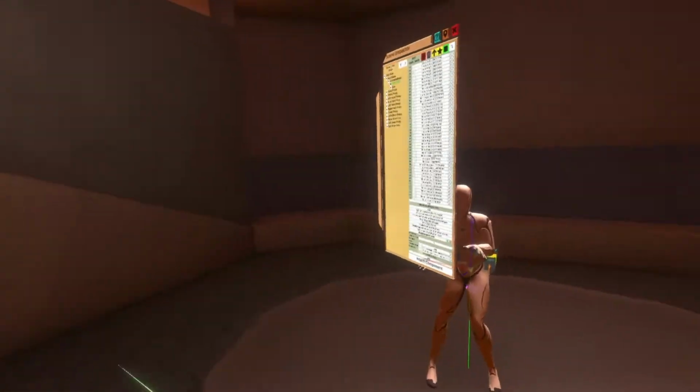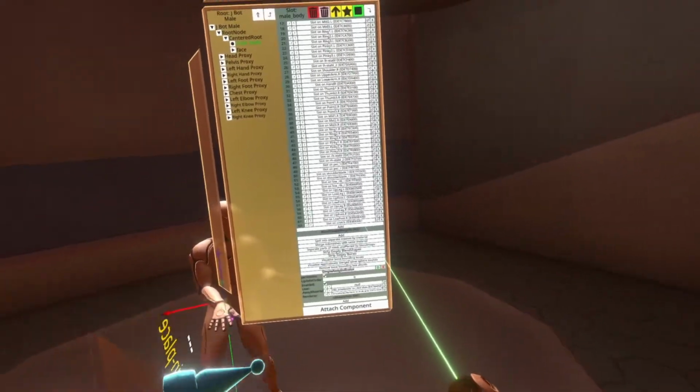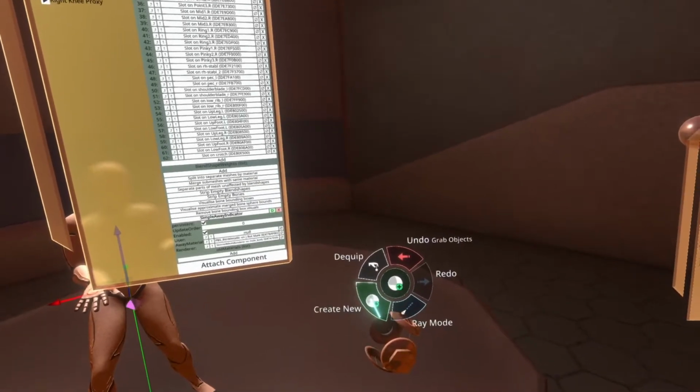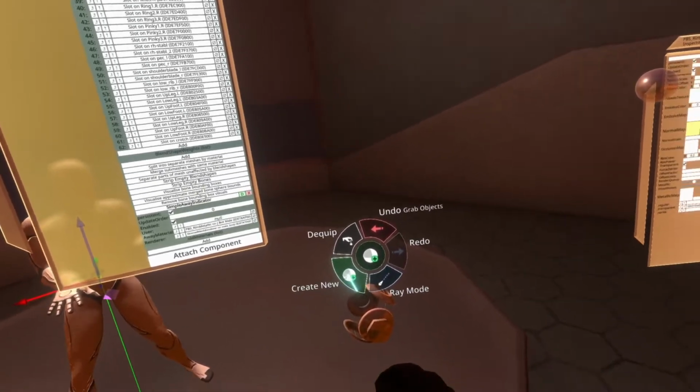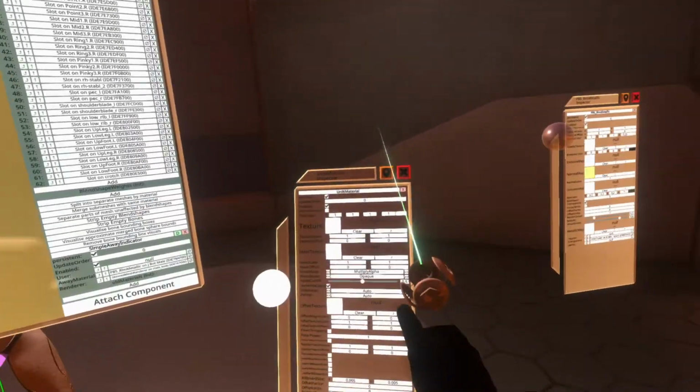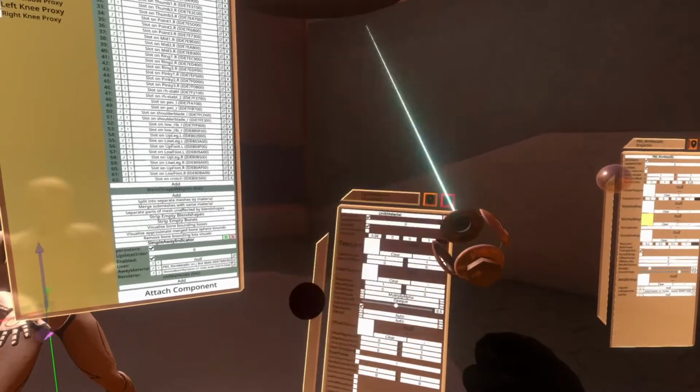So let's go ahead and create a new material that will be used when they're AFK. We can do that using just the material tooltip here. I'll link to some material videos in the video description as well. But we can go ahead and do create new, unlit, and we can make it. How about when they go AFK, they turn completely black,